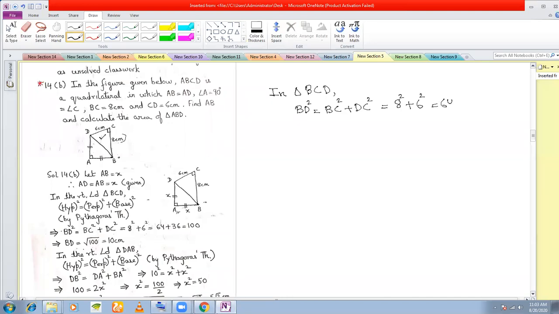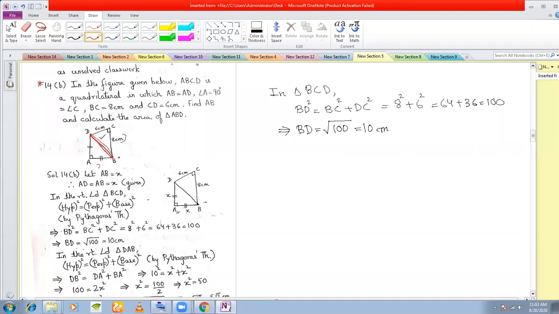So this is 64 plus 36, which is 100. So that means BD is square root of 100, which is 10 centimeters. So what you have managed to do here is find out the length of this side BD. Okay. We'll now proceed to find out the length of